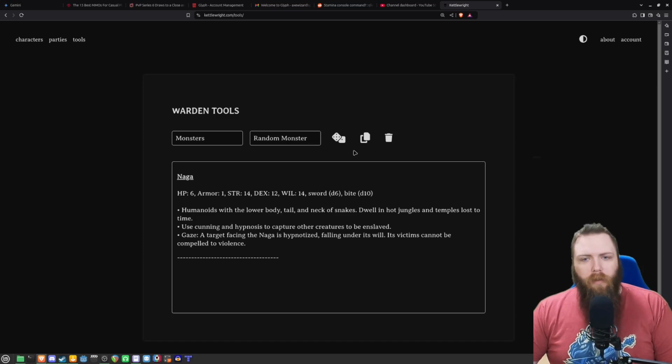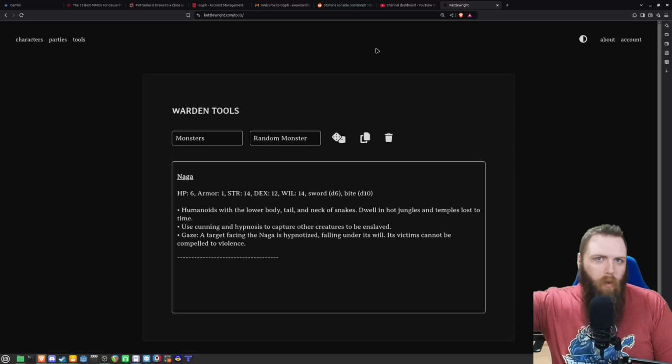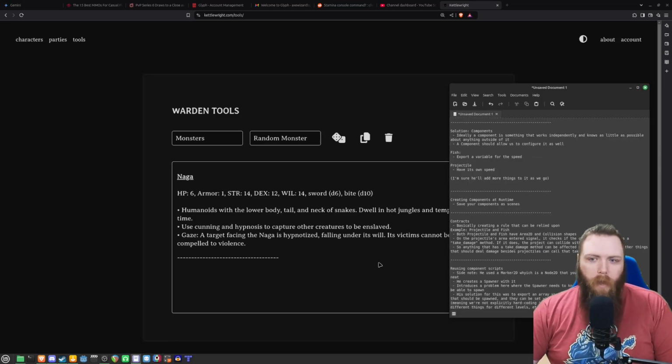So the cool thing is that it basically puts it in this text box here, right? So I can either highlight the parts that I want, or since this is the only thing I have here, I can just copy this and paste it into whatever editor I want to use. So if I'm just pulling up a notepad or something here,